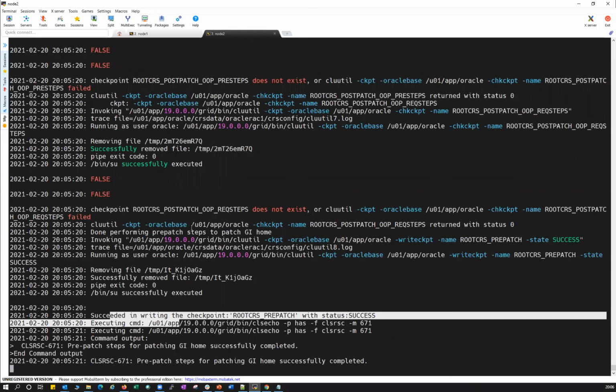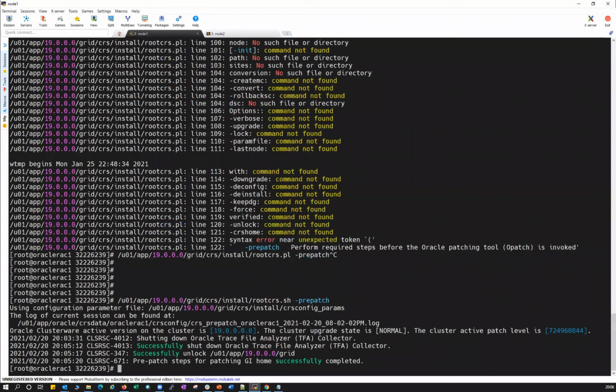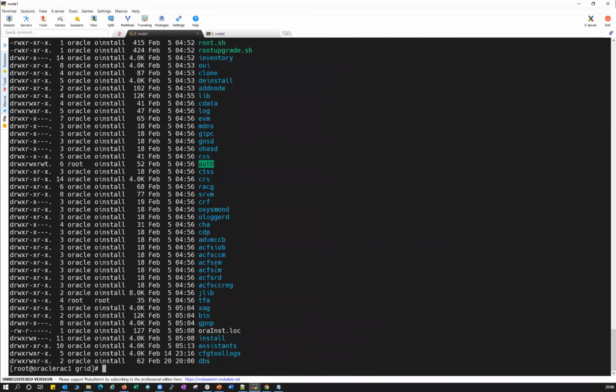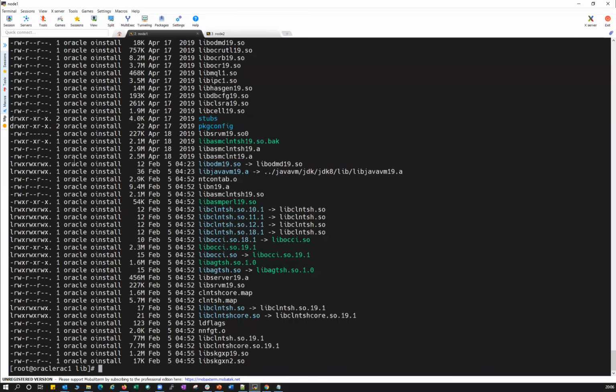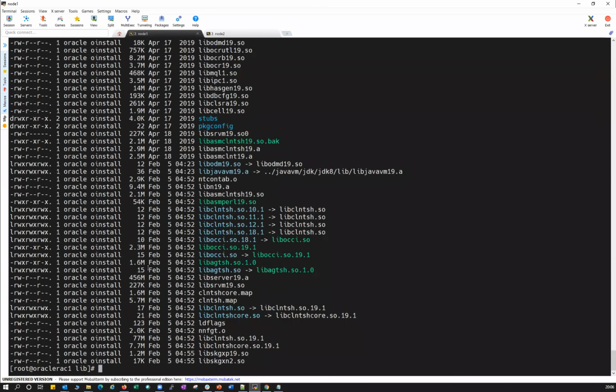I'll show you what the difference is. I'll go into my grid home, into the lib directory, and list the files. Here they will all be owned by Oracle. If you go to your second node and check, a few of the binaries will be owned by the root user.